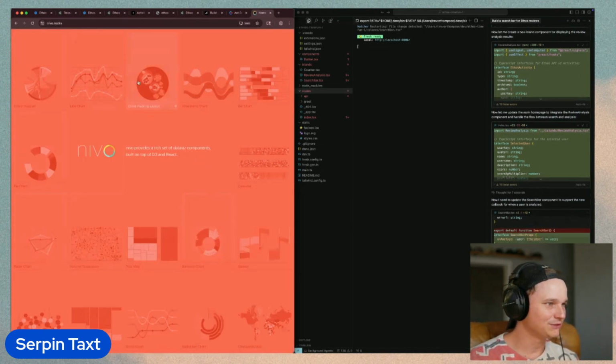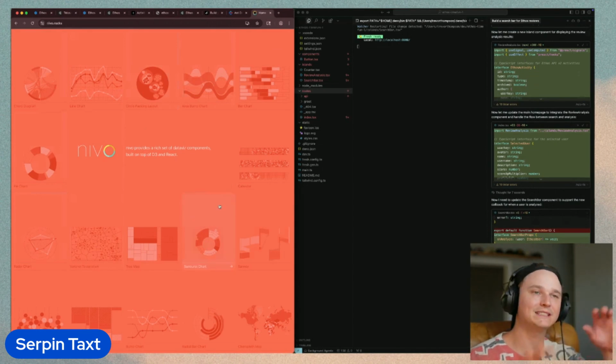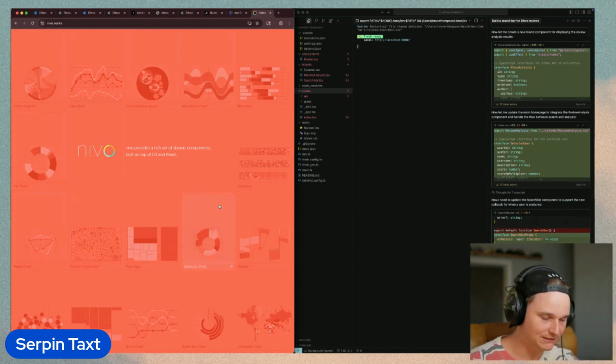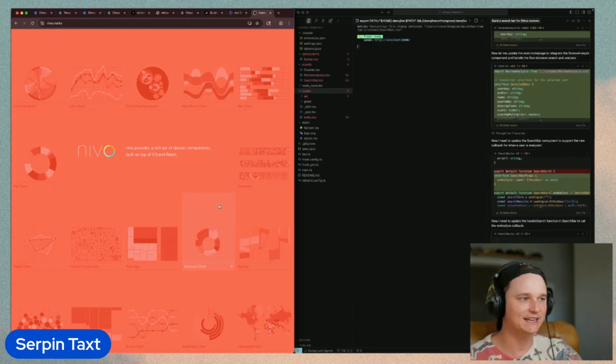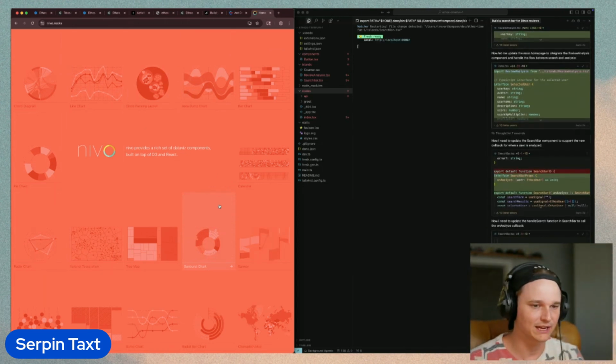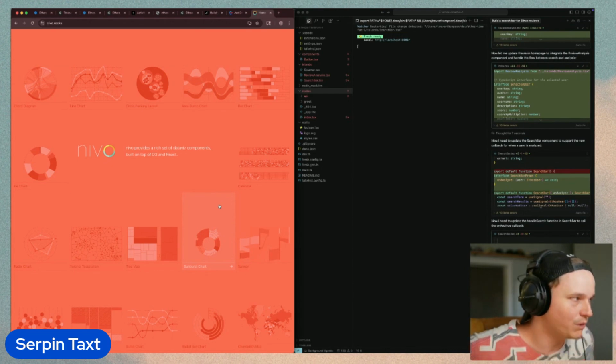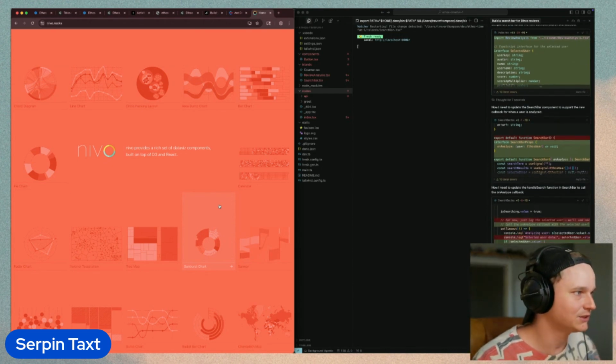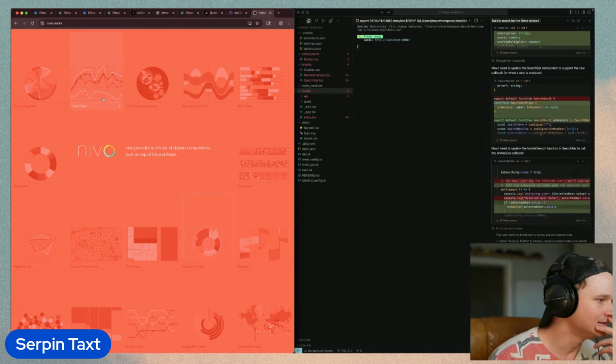So there's a bunch of charting libraries out here. This is me trying to optimize my time here, right? Like the agent is off working on the side, and I'm thinking about the next feature ahead of it. So what we're gonna do here is let's go into Nevo and find a good